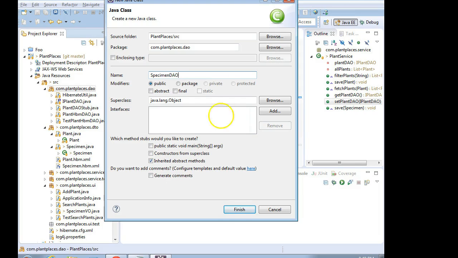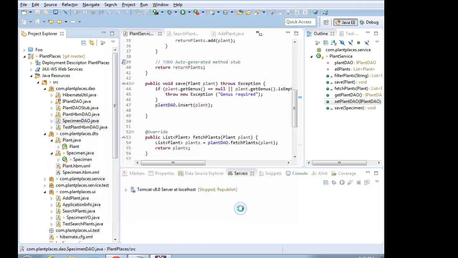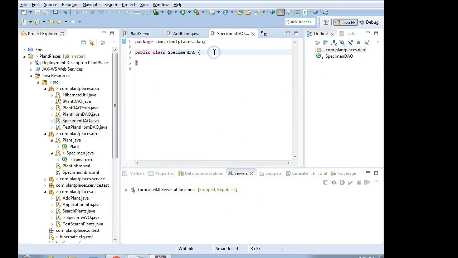So remember, at the DAO layer, we're typically going to have one DAO for each table that we're saving to. There might be some closely related tables that can go into the same DAO, but each DAO should represent an entity or a concept in the database. So I say specimen DAO, and then I say finish. We're probably going to want to do an update and a delete and a fetch. But for the moment, I'm just going to say public void insert specimen